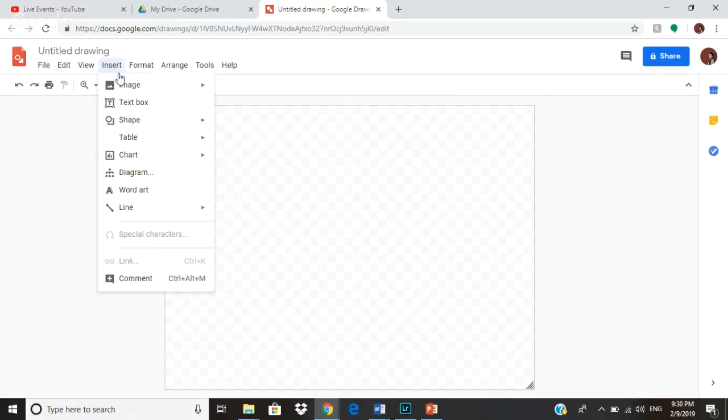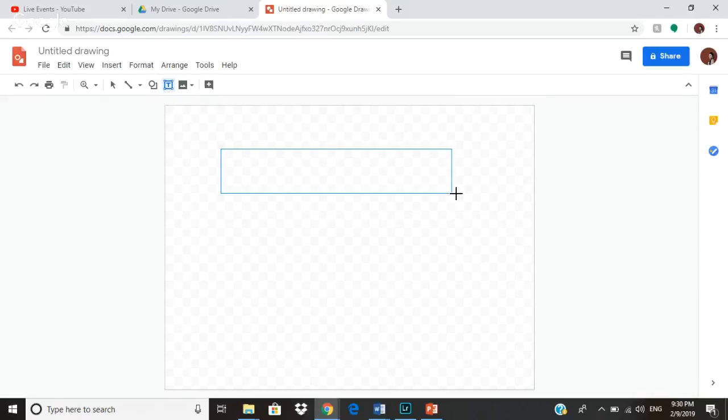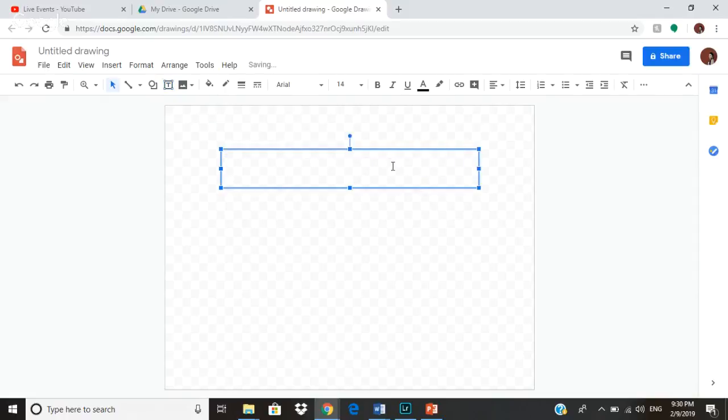Under the Insert tab is where you can insert an image of anything from the computer, web, or any other of these options right here. You can insert a text box. Alright, hearts. And from that text box, you can go ahead and change the font,